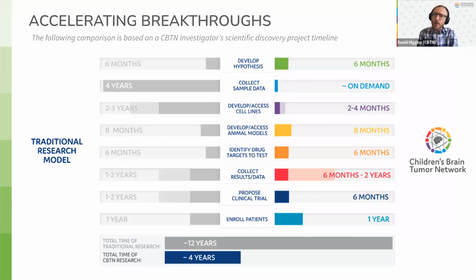And so, to my final intro slide, we really believe that this sharing and open science model will help us accelerate breakthroughs. Here we have a comparison of a more traditional academic research model versus our CBTN collaborative model on the right. Some steps are obviously going to maintain the same amount of time in terms of testing and identifying, but we really think we can accelerate research at these steps, collecting sample data and developing or accessing cell lines. So what would normally take 6 to 7 years in terms of consenting patients at a single institution,